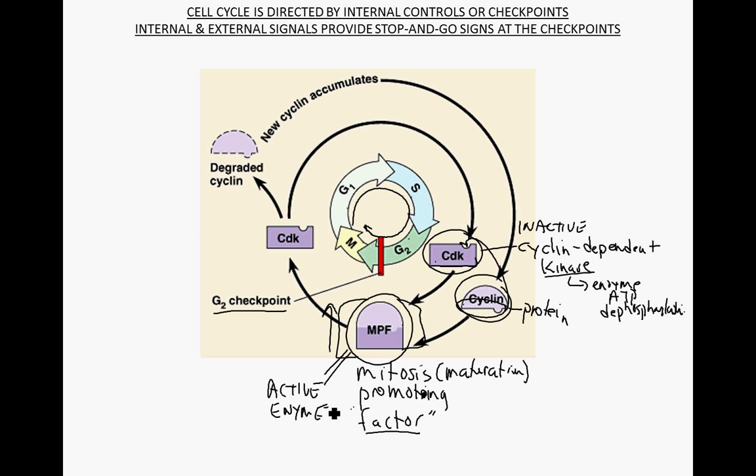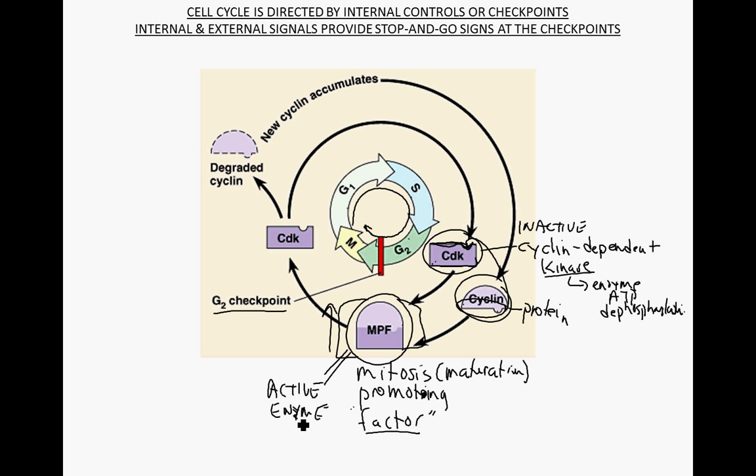So here's an opportunity to remember what you've forgotten about enzymes. This is not the active site of this CDK. Instead, this is an allosteric site, so the cyclin could be compared with, say, a cofactor or a coenzyme. When cyclin binds to this allosteric site of the CDK, it activates CDK, and this active CDK is called MPF. So you could call this MPF, you could call this active CDK, you could call this inactive CDK. So this active enzyme